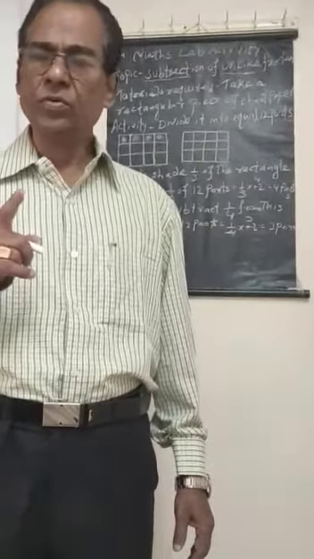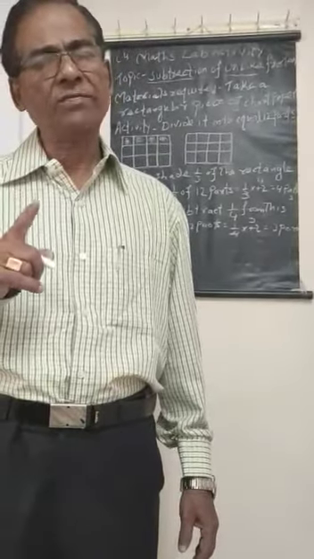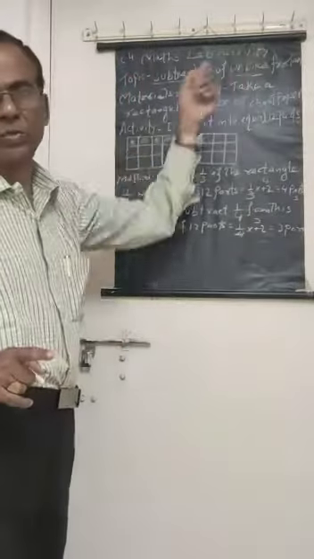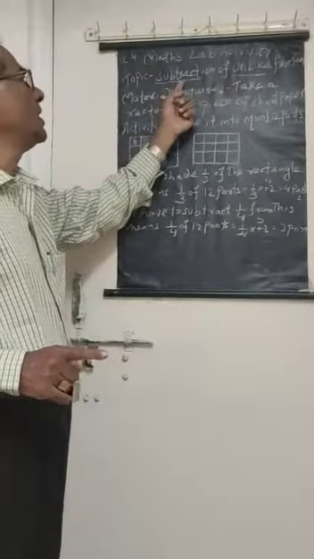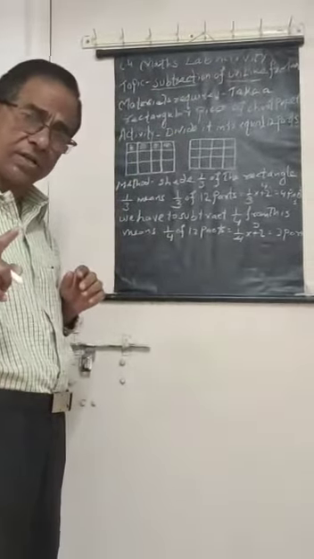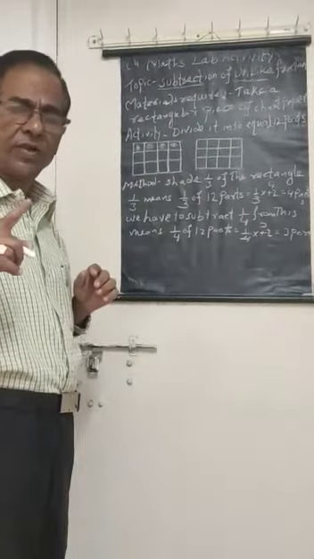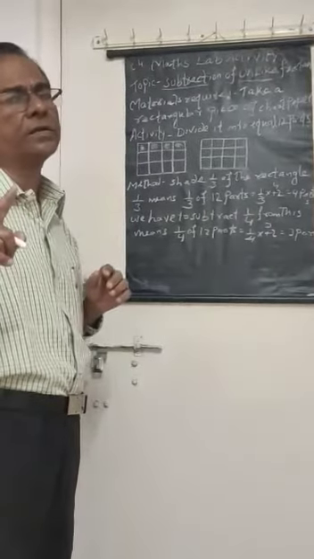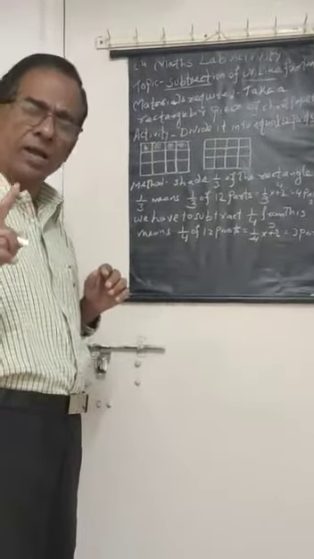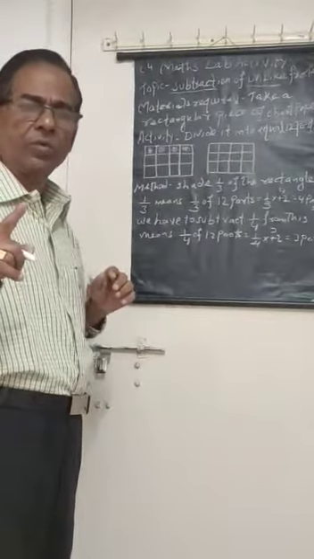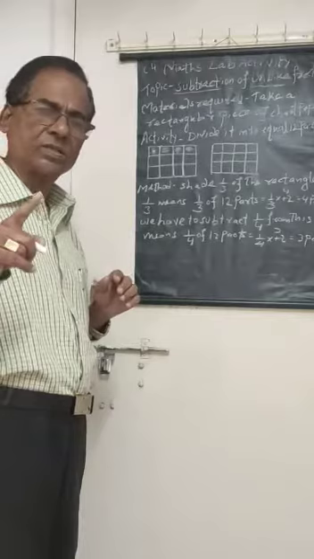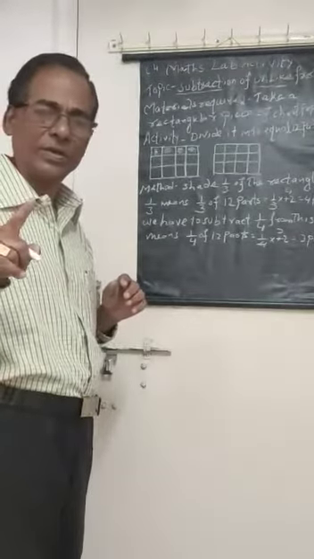So for this, let us do one maths lab activity. See this, this is your maths lab activity. The topic is subtraction of unlike fraction. You know very well what is unlike fraction. Unlike fraction means fractions having different denominators, they are called unlike fractions. Subtraction of unlike fraction. Unlike means fractions with different denominators.